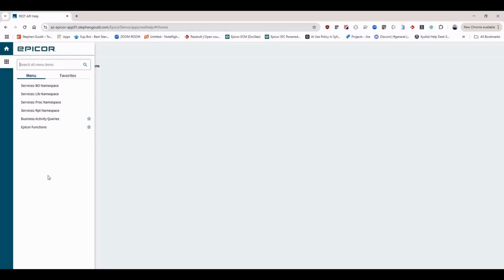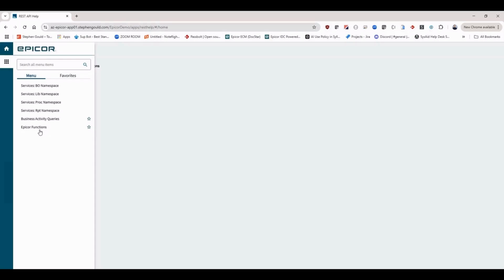So you can interrogate or communicate with any business object, any library, any process in Epicor, and even run reports. You also have special endpoints for running BAQs and Epicor functions, which we'll get into in a while. But for example, let's say that I wanted to understand a little bit better how these different verbs that I was talking about, the post, patch, delete, and update work to interact with some of the Epicor business logic,